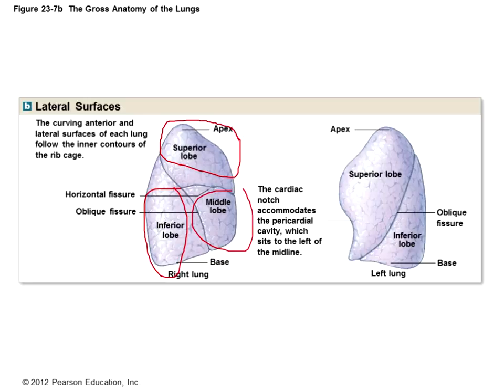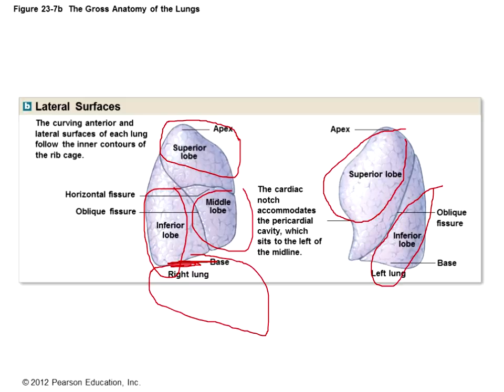Again, on the right, you can see superior, inferior, and middle lobe, right? And you can see slight upward displacement because the liver would basically go right here, okay? And then the cardiac notch here, for the left lung, you have superior and inferior lobes. Only 2 lobes on the left lung, whereas we see 3 lobes on the right lung. And again, here is a cardiac notch to allow for the heart to basically sit right in that location, as you guys know, right? All right, so that is